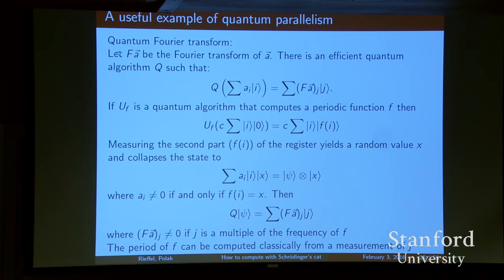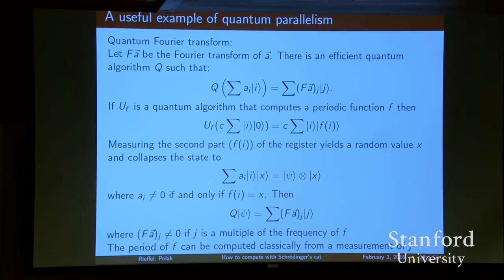And we can use that to make use of the quantum parallelism that we talked about earlier. One way to do that is to compute the period of a function. If you have a periodic function f, and you have a UF that computes that function, then we know we can efficiently compute a superposition of all i together with f sub i, which has some constant amplitude each. So we can efficiently compute this. We know from the previous slide that this state in and of itself is not very useful.